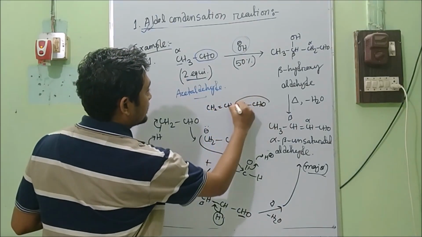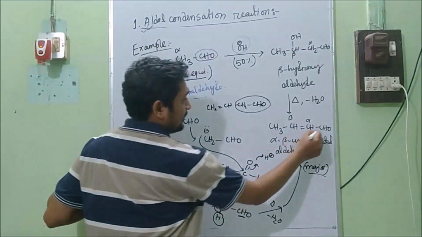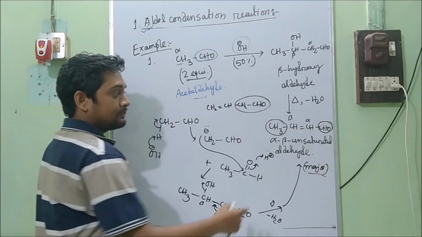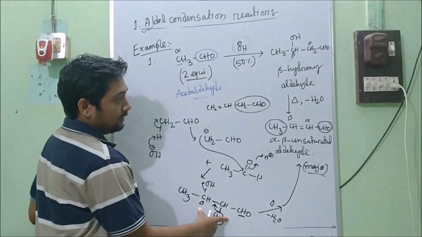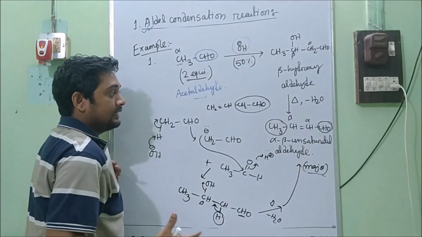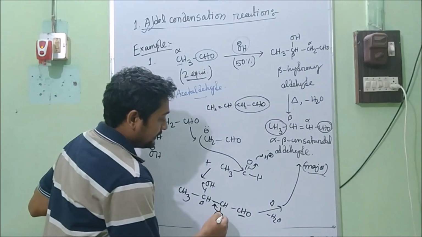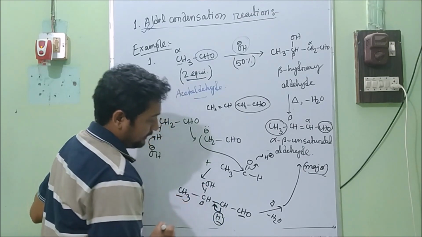CH2CHO. That is a mono substituted alkene, but here it is a disubstituted alkene, and according to Saytzeff's rule, the disubstituted alkene is more stable. So always we will look at which alkene has more substituted groups. Again, this hydrogen is acidic, so it will eliminate at a faster rate than this one.